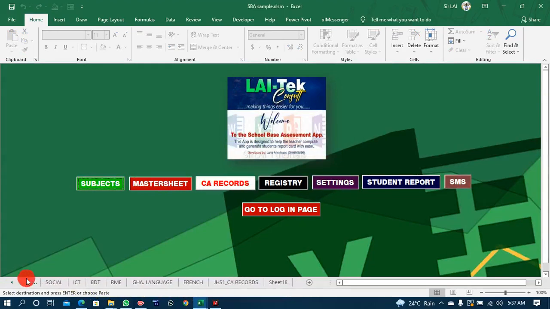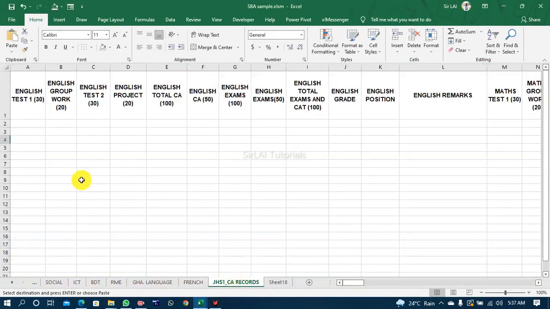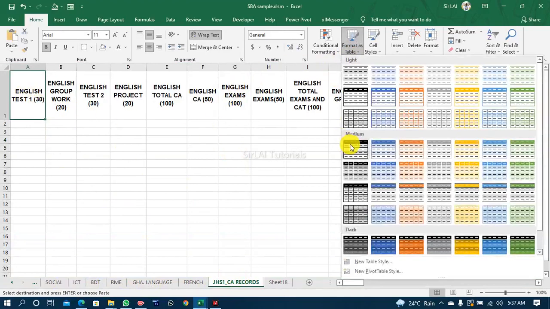So that is that. So now we want to make it in a table form. So we select the first cell, come to format as table, then we find